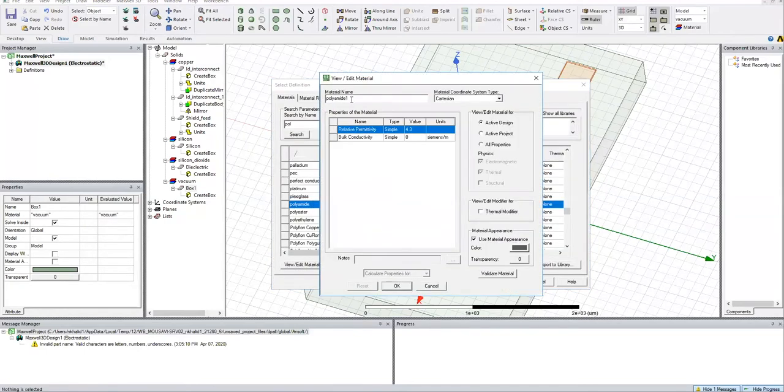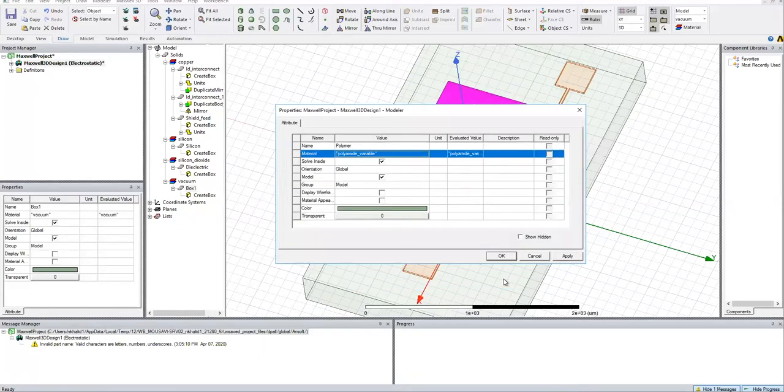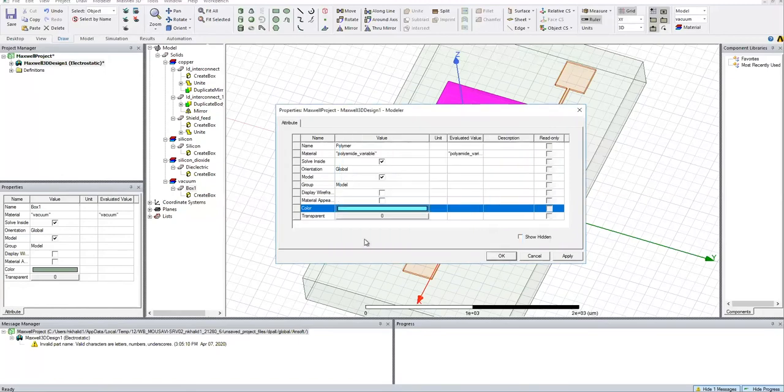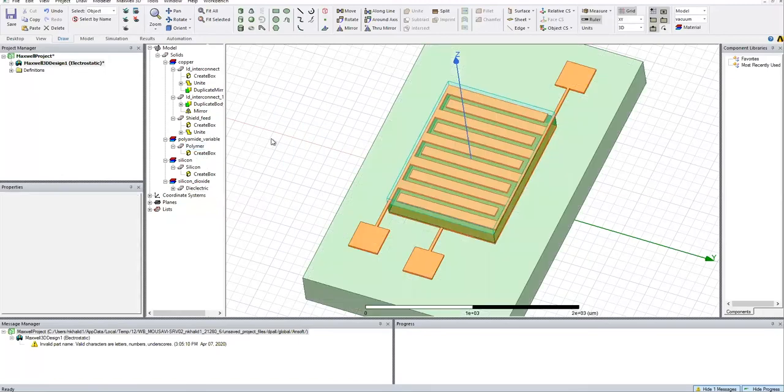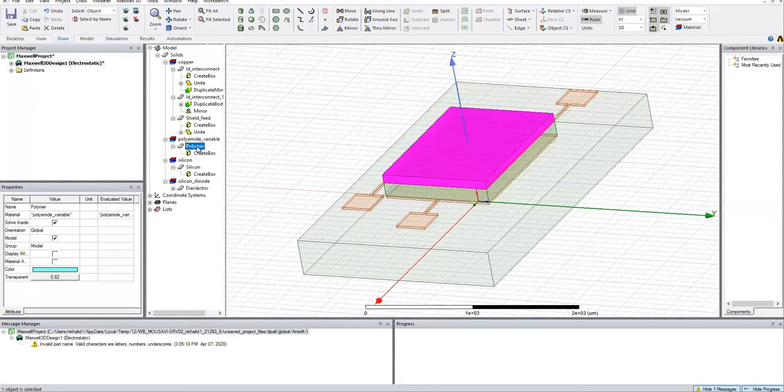Since we are interested in the relative permittivity of polyimide, we write an equation for the relative permittivity. This equation is available in one of the papers. The overall idea is to look at the change in the capacitance due to the change in relative permittivity and relative humidity.